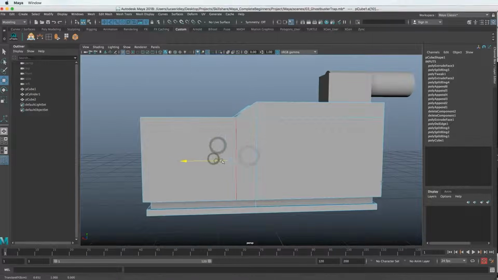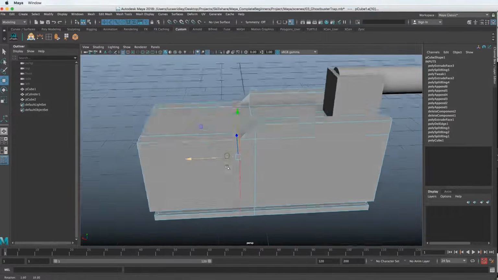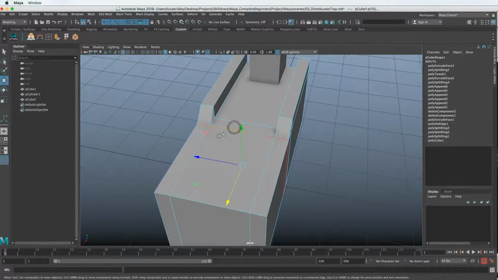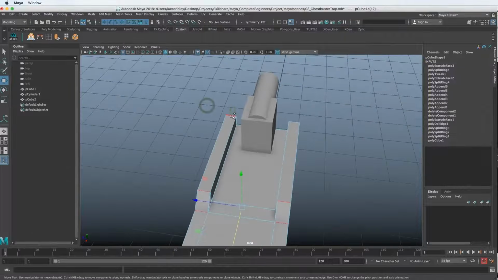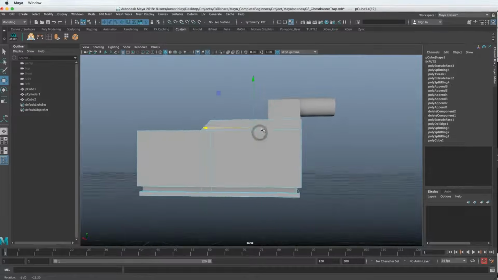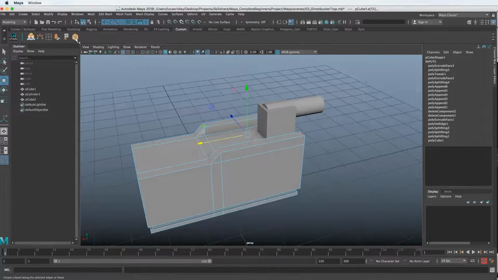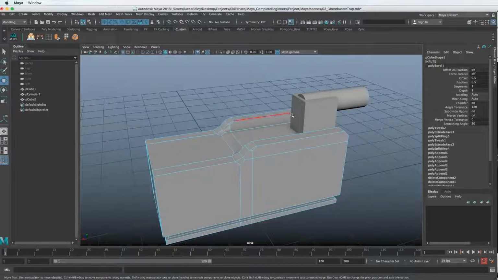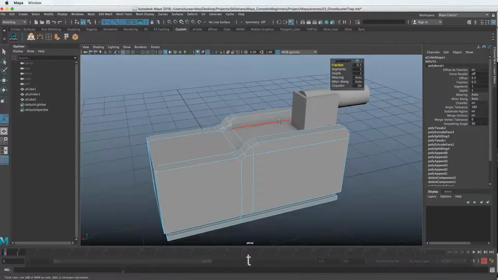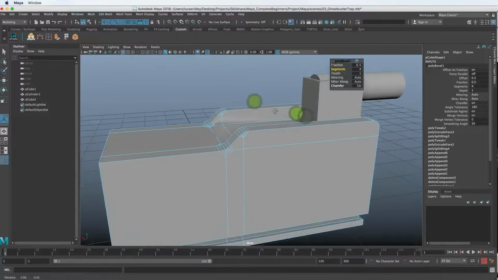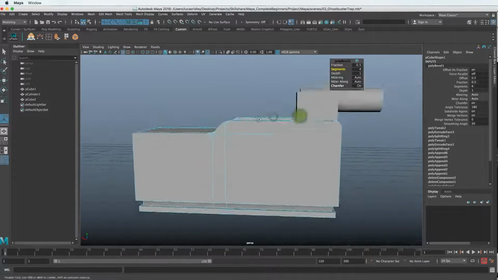So now that I have this selected, I just want to move this a little bit closer. So it's more of an extreme angle, and select these edges again. Cool. Let's hit the Poly Bevel, and we'll click on the input over here, and let's hit T to bring up the menu. And let's add more segments to this. And that's looking pretty good.